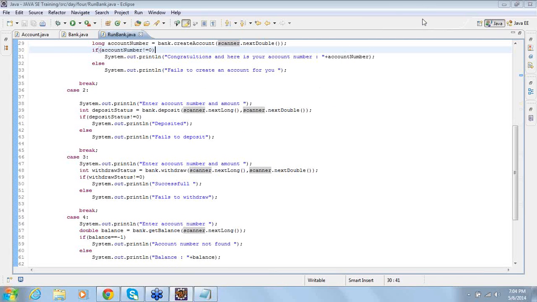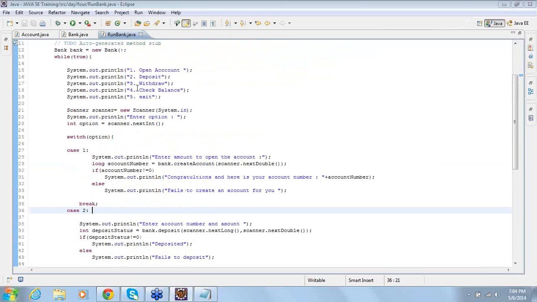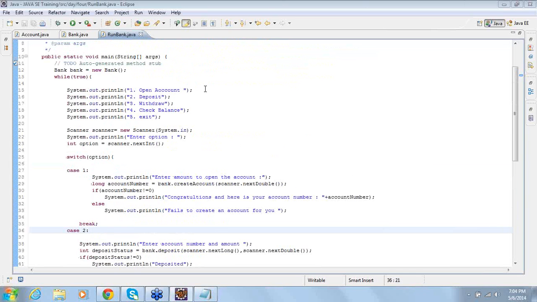You are running again, right? The while loop you are doing. Yeah. Can you come again? Yeah. This is the while loop. The options are